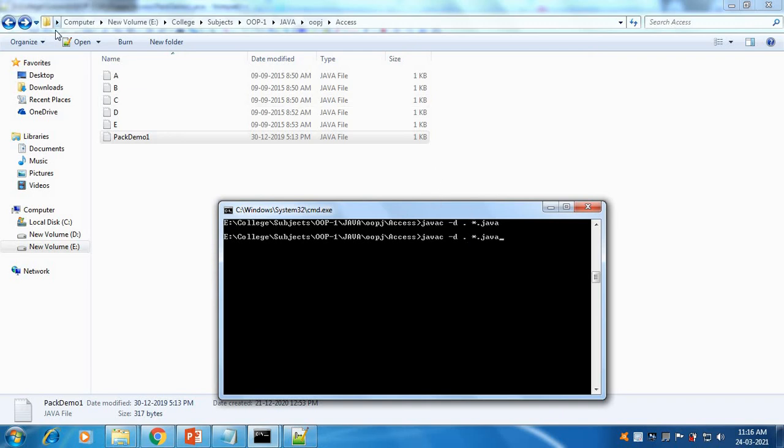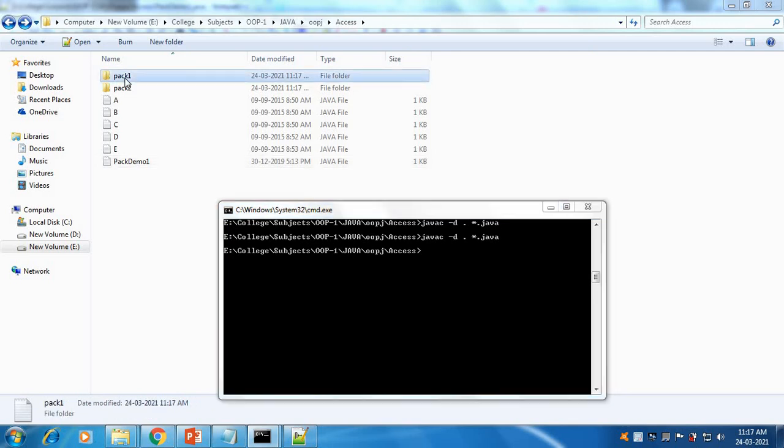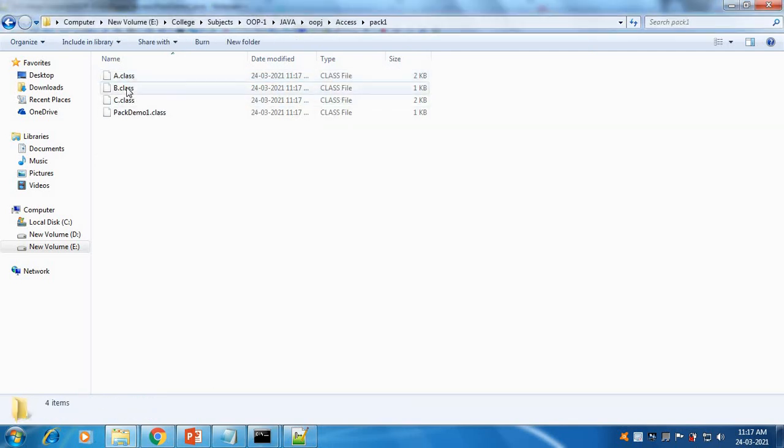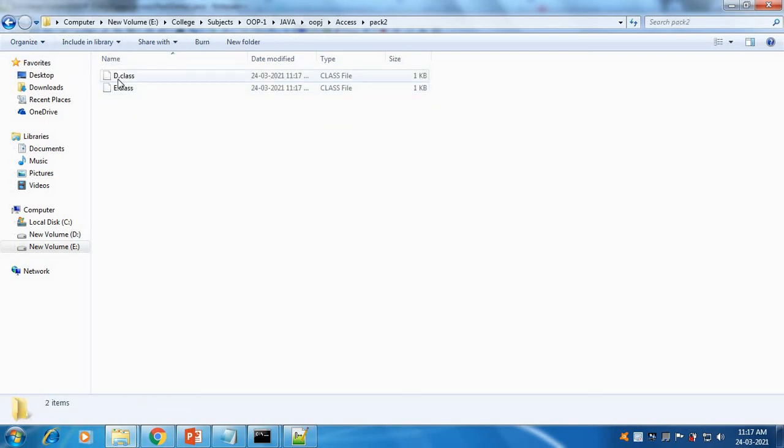So here you can see, no package is available in this folder, but if we compile all the classes, then you can see that in our directory, two packages are created. In package 1 we have classes A, B, C, and PackDemo1, and in package 2 we have two classes, D and E. So here we can see class D is a subclass but outside of the package,